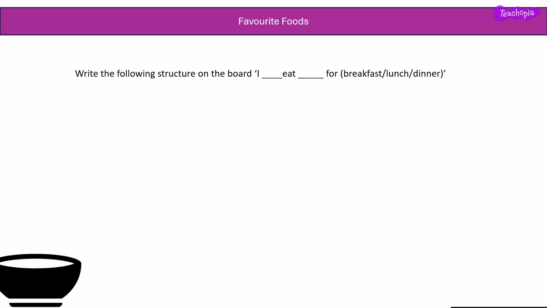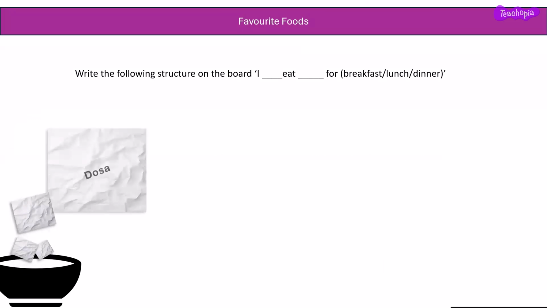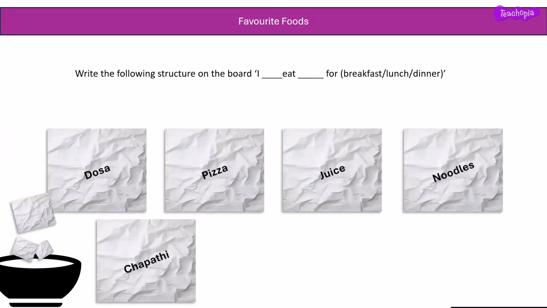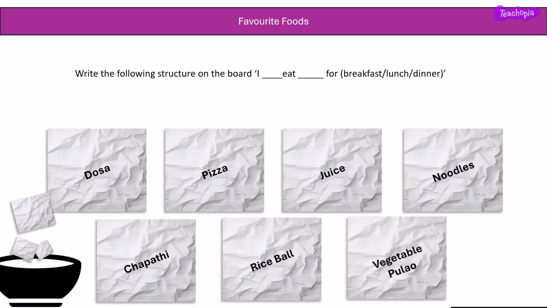Once this is done, we can continue the activity by reading out all the chits the children have written, and we can see some examples of the food items they have chosen or selected. We have to write all these names of the food items on the blackboard with a space provided, in the manner which